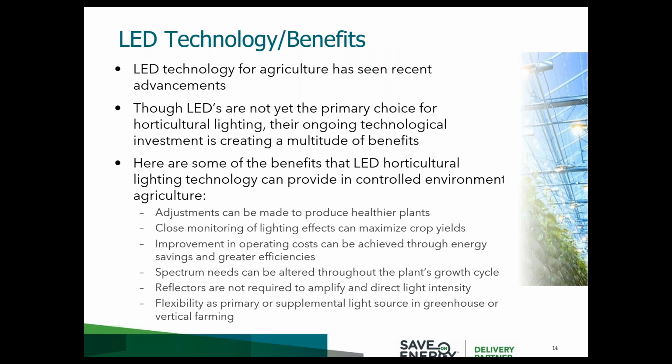To help maintain or increase your greenhouse's productivity while keeping energy costs in check, one of the best places to start is with lighting. Installing or upgrading to LED lighting can lead to energy savings of between 35 and 50% compared to high-pressure sodium lights. The innovation and advancement of LED lighting technology has brought with it a host of important benefits. In controlled growing environments, LED lighting technology is ideal because its effects can be closely monitored and adjusted, which not only grows healthier plants and maximizes yields, but it also improves operating costs through